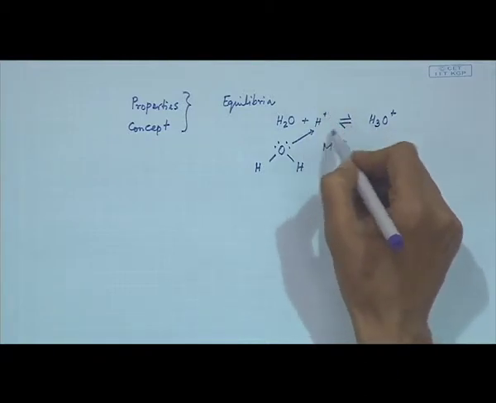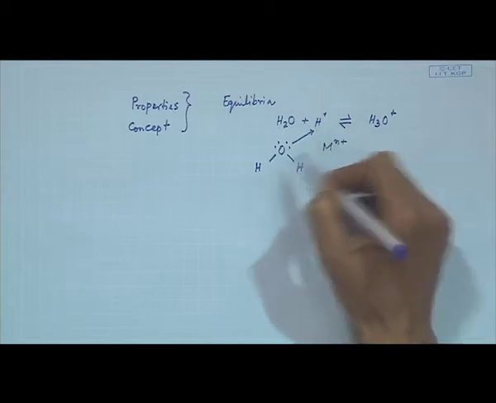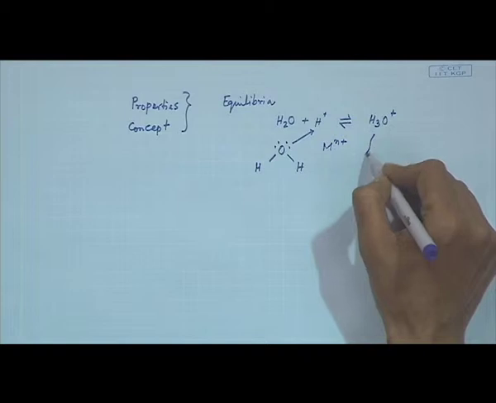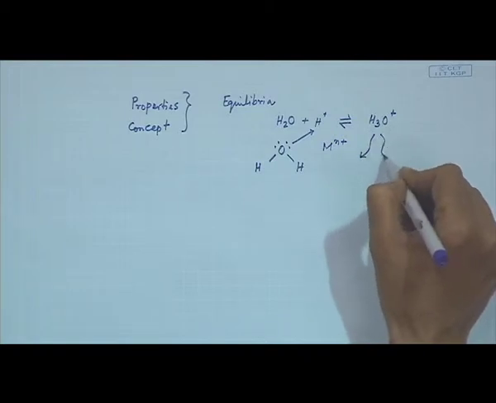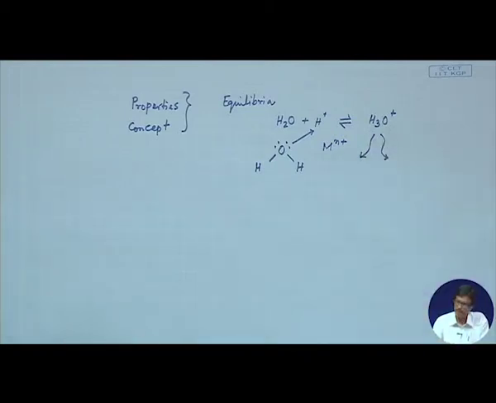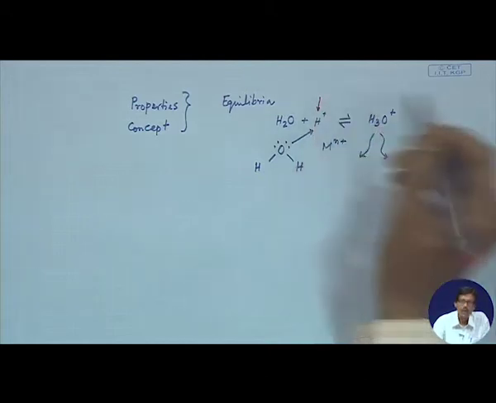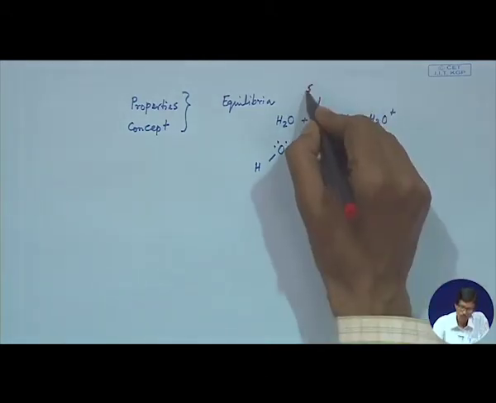Similarly, this H plus can also bind to this water molecule, giving rise to H3O plus. There are several consequences of all these things, that means how this particular species is forming, and this particular proton, the source is